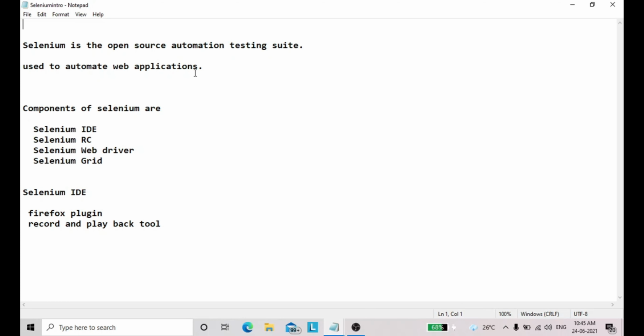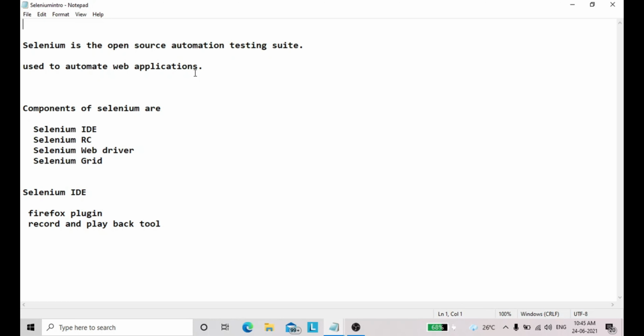And next, it works with any operating system, like Windows, Linux, any operating system. And Selenium performs tests on any web browser, Internet Explorer, Chrome, like that.